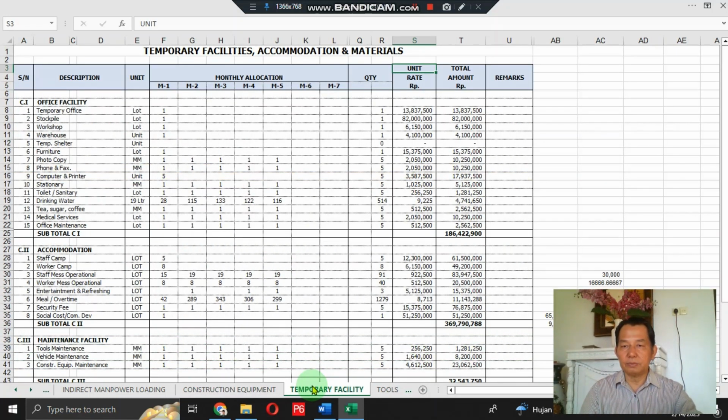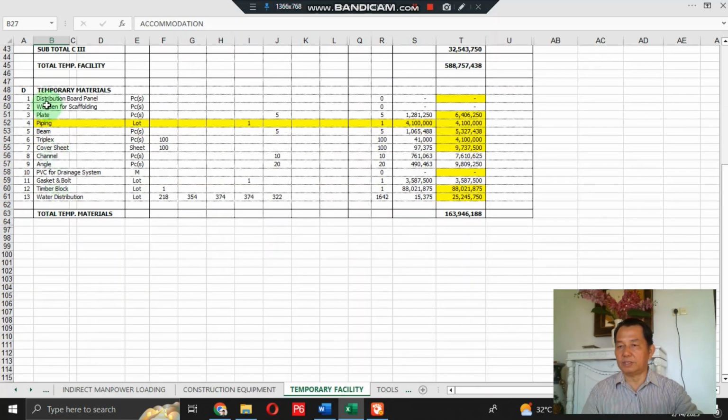Then we jump to temporary facilities, accommodation and materials. In this temporary facilities, accommodation and materials table, same as before, there is the subject number, description, unit, monthly allocation, quantity, unit rate, total amount, and remark. First, for the office facility, there is the temporary facility, stockpile, workshop, warehouse, and office maintenance, and any accommodation here,